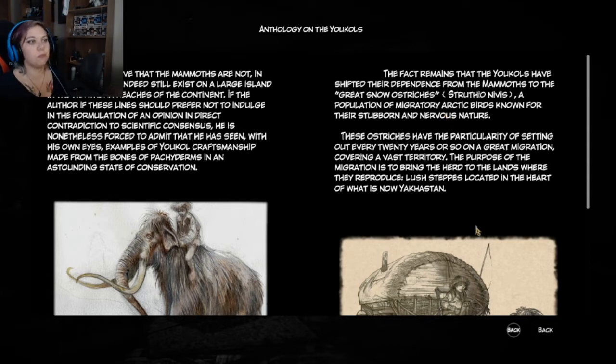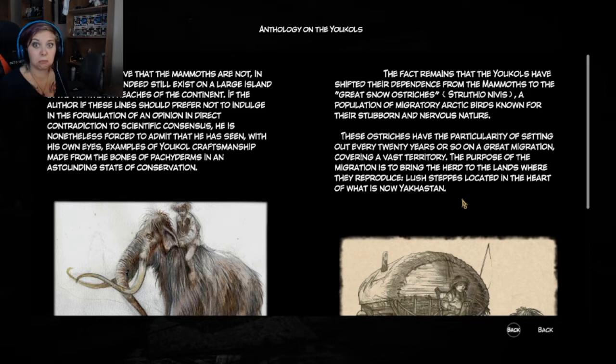These ostriches have the particularity of setting out every 20 years or so on a great migration covering the vast territory. The purpose of the migration is to bring the herd to the lands where they reproduce: lush steppes located in the heart of what is now